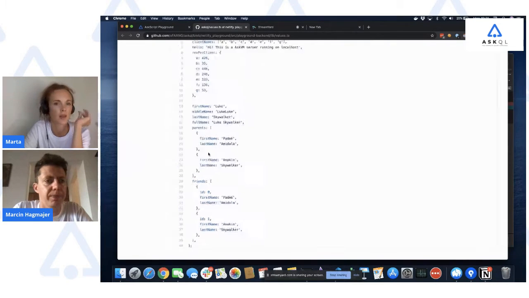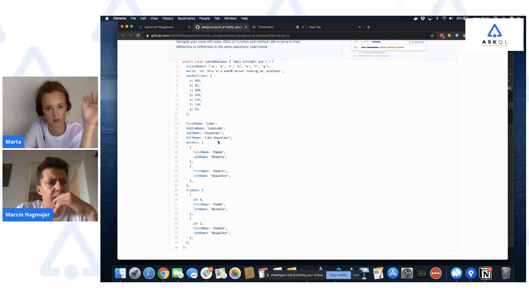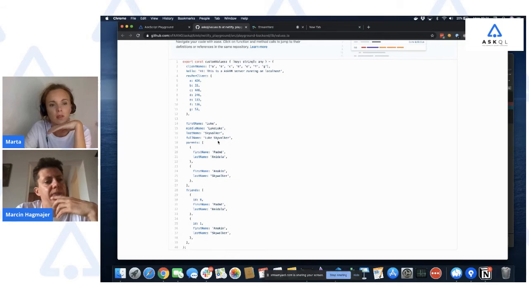Okay. I just thought that Luke Skywalker was in some sort of a list, but it's not. It's a top level record. Yeah, you're right. Those identifiers only make sense in the object where they're in. This has to do with different contexts.